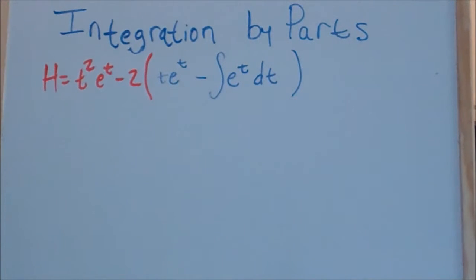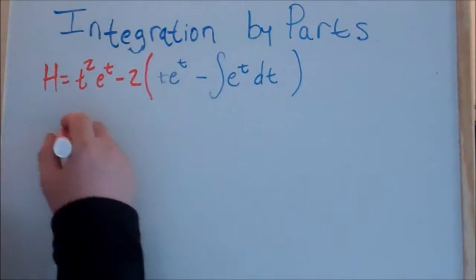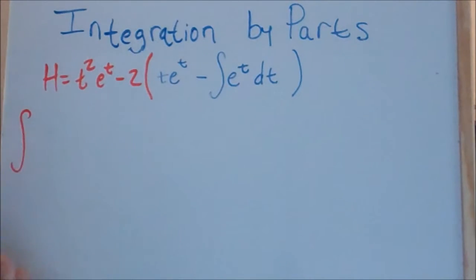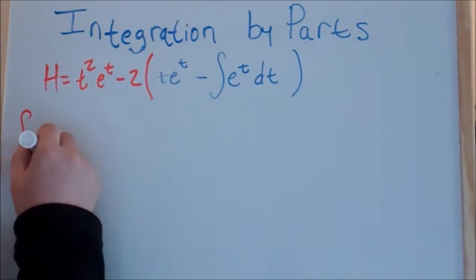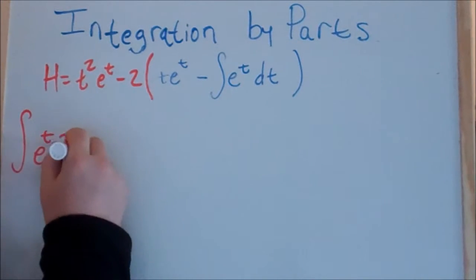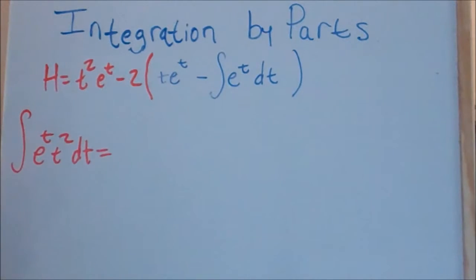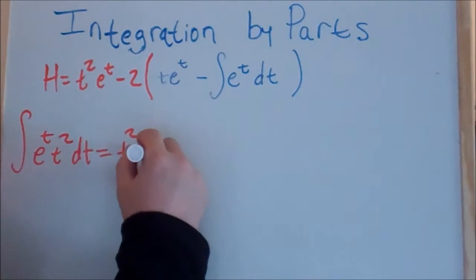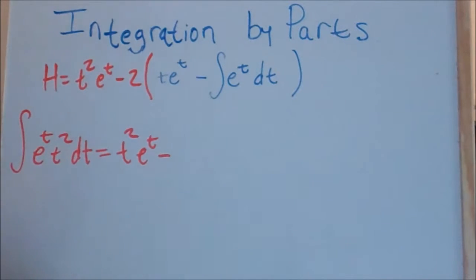So what do I do? Well, okay, the answer is e to the t, right? So let me just go ahead, because we've already done this integral like twice when we were doing this problem. This marker doesn't want to work right. So what is our solution? Our solution is, I'm going to go ahead and rewrite h now back in its regular form. So the integral of e to the t times t squared dt equals t squared times e to the t minus,